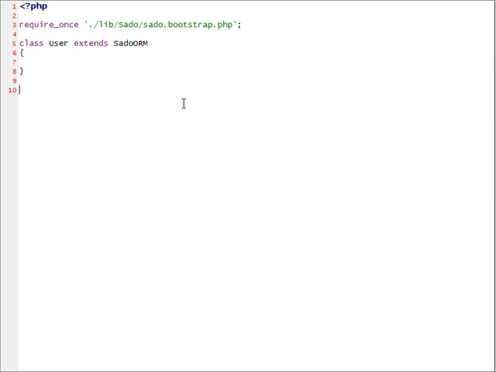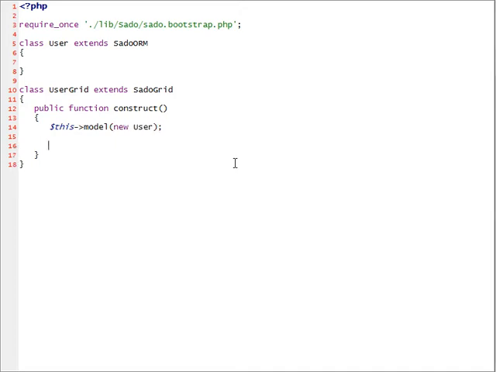Now I can go ahead and declare my grid class. So user grid. A grid basically represents an HTML table and is just an easy way to output table data. So I'm going to go ahead and build a constructor. First I need to set the model for the grid. In this case I'm using the users table, so I'm going to use the user class that's already linked to that table. So this model